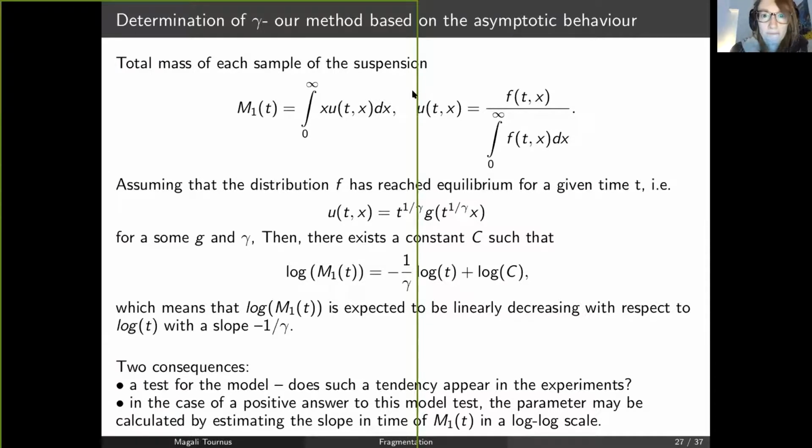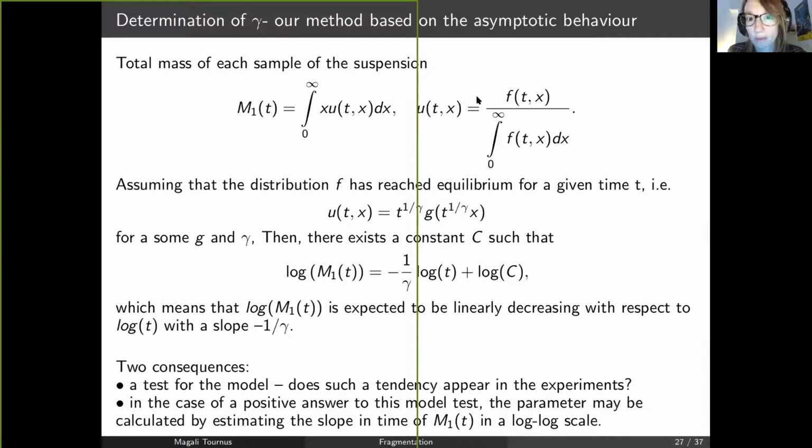I said that the fragmentation equation was preserving mass. Actually, this is not completely true. I mean, this is true, but what we access with the Wei-Feng experiment is not the total suspension. Wei-Feng is taking some aliquots out of the suspension from time to time, and each time he may take some sample with different masses. So what we access is not actually F, but it's U, which is the probability density of the